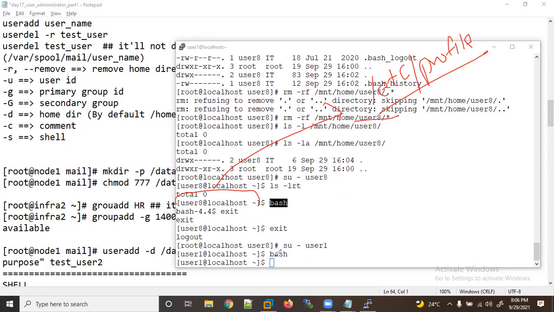So now you can see, even when I did bash here, I'm getting the same, because the environmental files are available locally here. When you are switching with su hyphen from root, so from root you switch as a